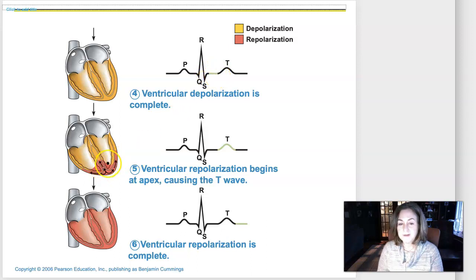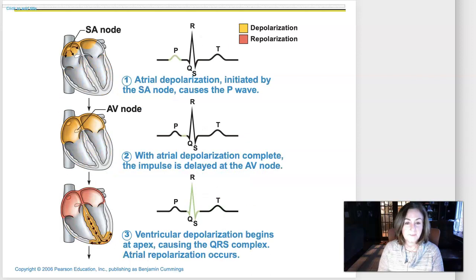And then the ventricles are going to repolarize. They're just going to go back to the way they were. And we can see that on the ECG, and that's the T wave. So you might wonder, going back to this picture, that when the atria depolarize, I don't see a wave of